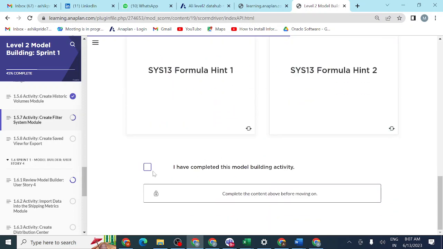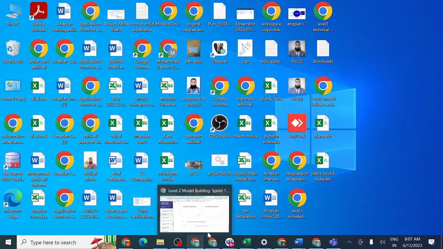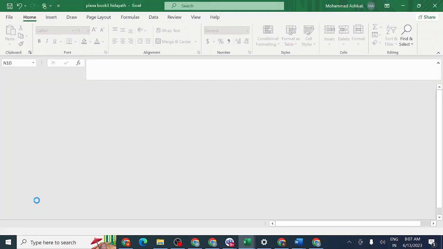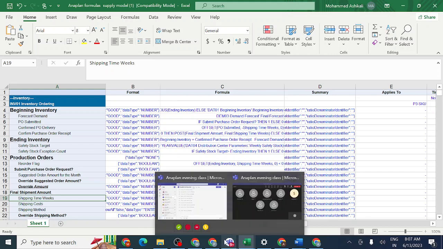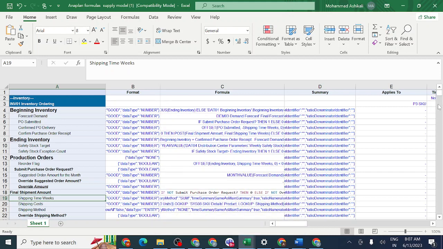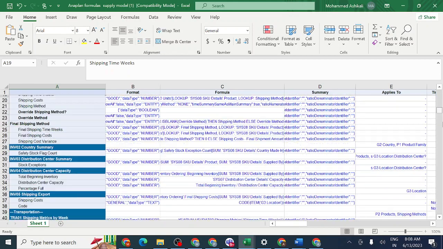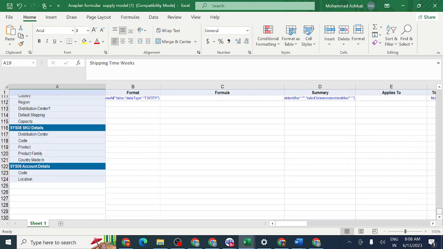So we have formulas already. Our module name is system 013.